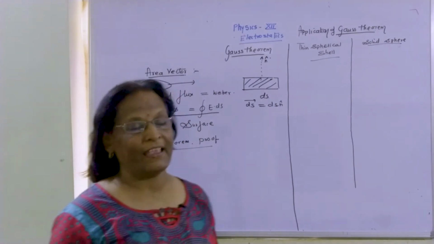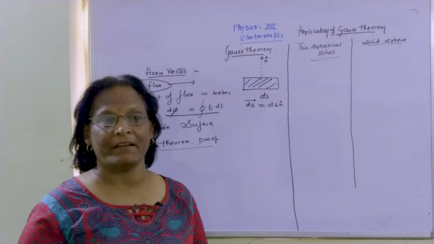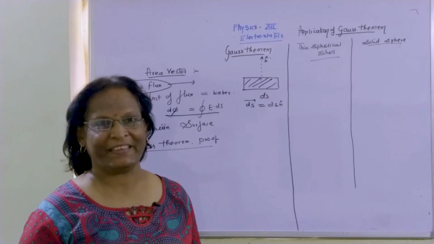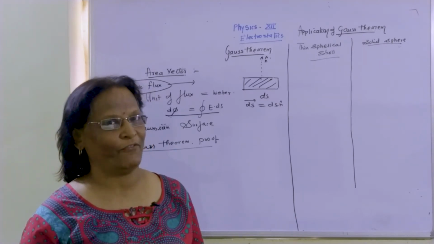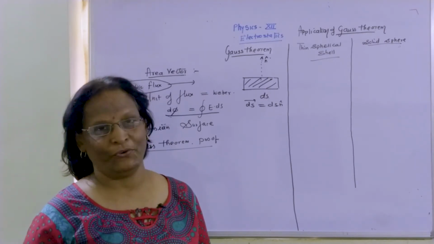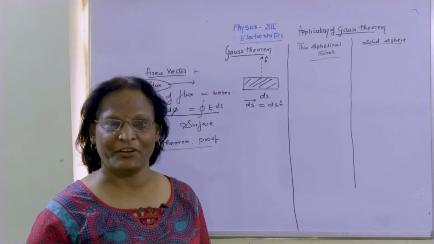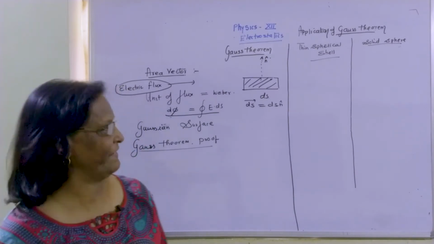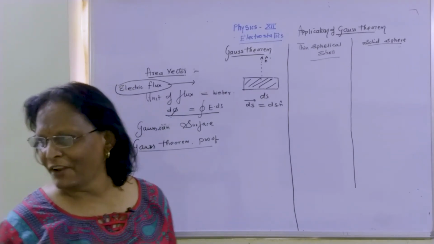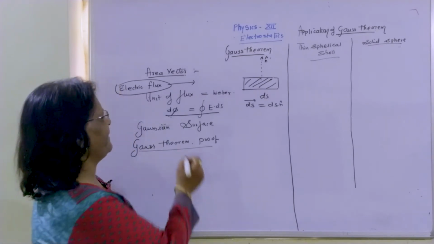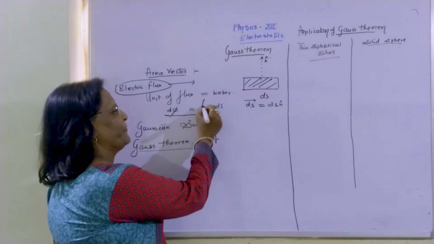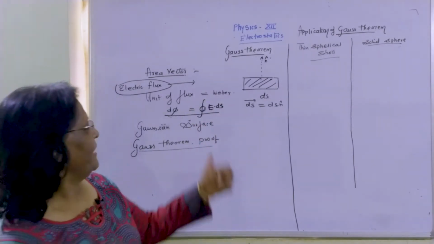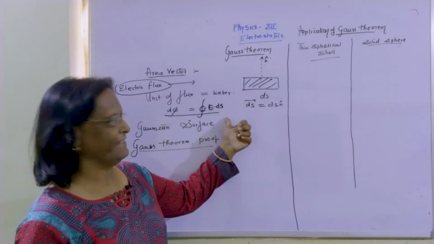Electric flux is nothing but the normal electric field lines on the surface of a charged conductor. The total number of electric field lines, remember, should be normal and along the direction of that particular area vector; then only they are called electric flux. Electric flux can be represented as d phi equals closed integral of E dot ds, where E is the electric field and ds is the area.